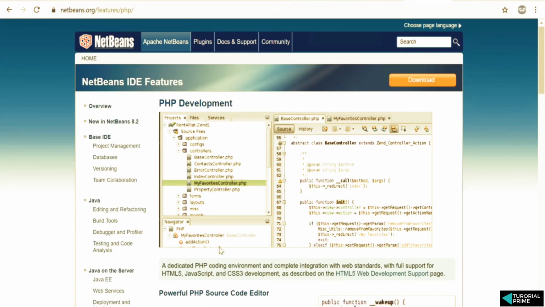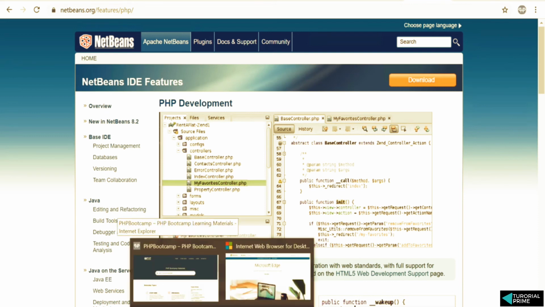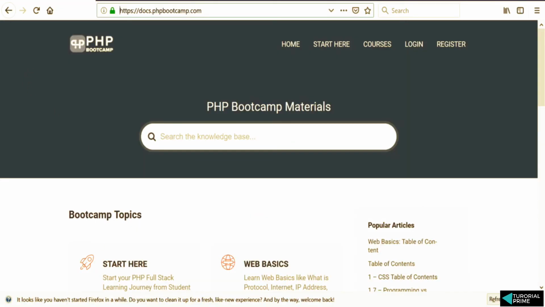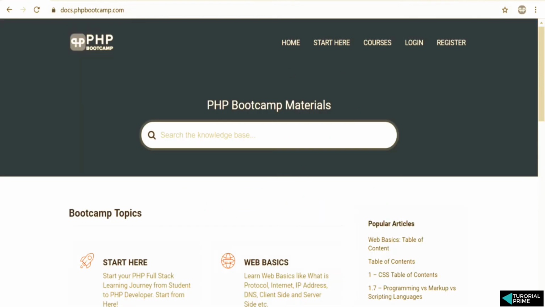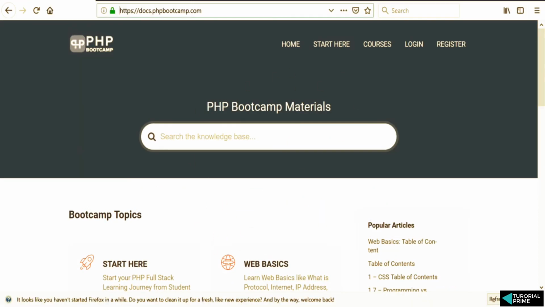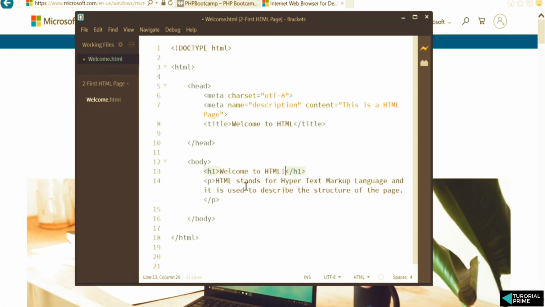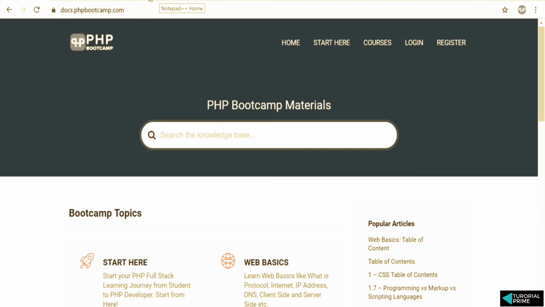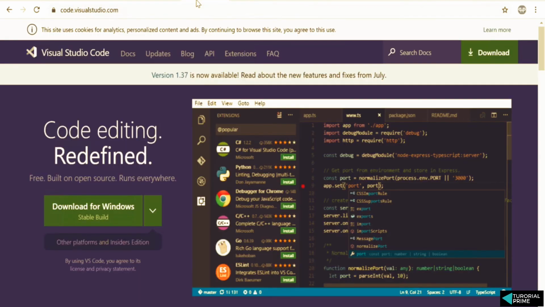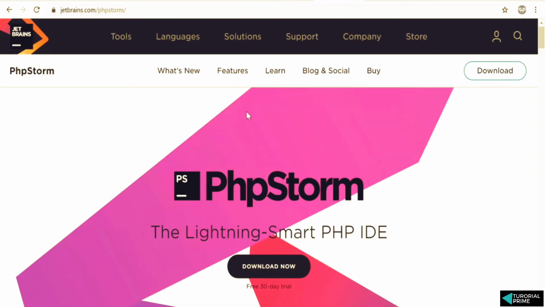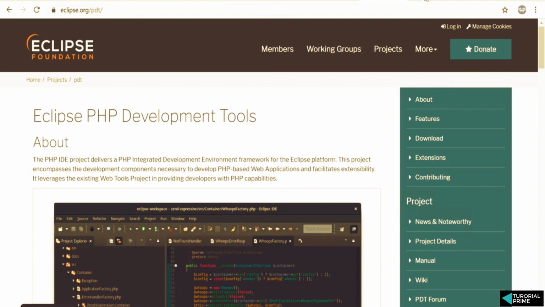Let's do a quick recap on what software you need. You need any one of these browsers. You don't install all three. You need any one, so it's up to you. Pick one. You can pick Google Chrome, or you can pick Firefox, or you can choose Microsoft Edge. Any one. Then in terms of editor, you can have Brackets. That's what we'll be using. And then we have other options as well. We have Notepad++, Visual Studio Code, Atom, Sublime, then for IDEs we have PhpStorm, then Eclipse IDE and NetBeans IDE.